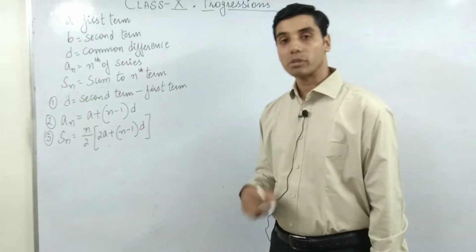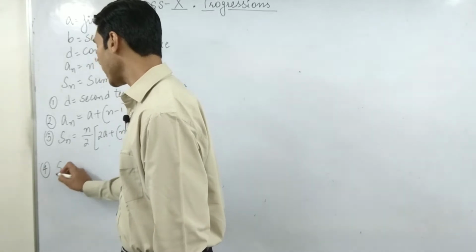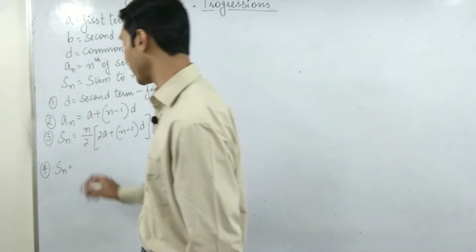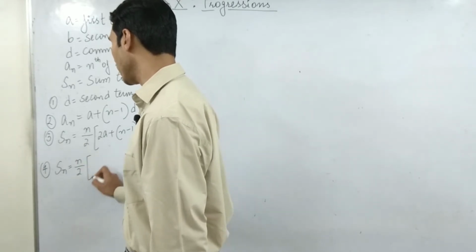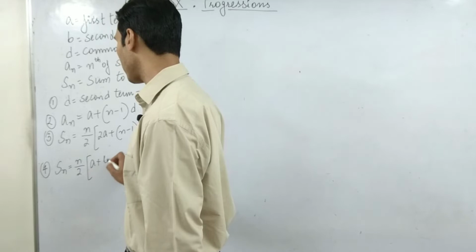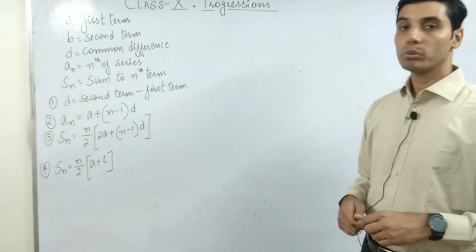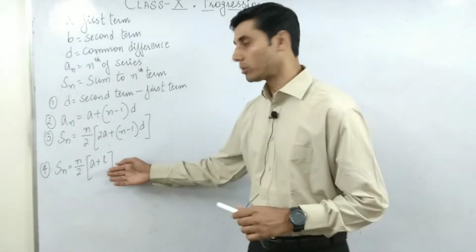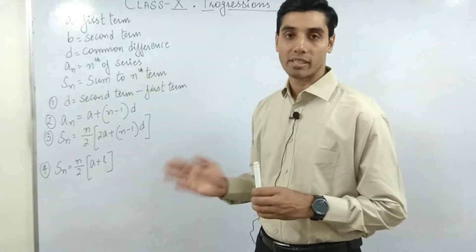Now let's move on to the next formula, which is fourth. Sn का ही एक और फॉर्मूला होता है. यदि आपको फर्स्ट टर्म और लास्ट टर्म देके रखी होगी, then the formula is very simple. It should be equals to N by 2 bracket A plus L. We will see a question. I'm actually not sure about this formula right now. So we have to check it, and we will check, and then let's see whether this formula is right or wrong.